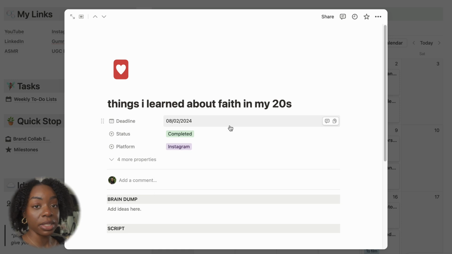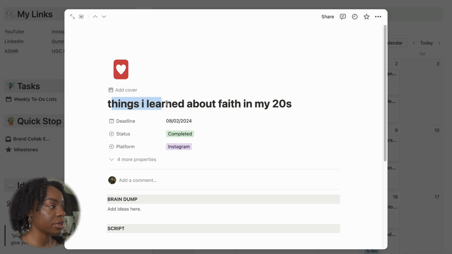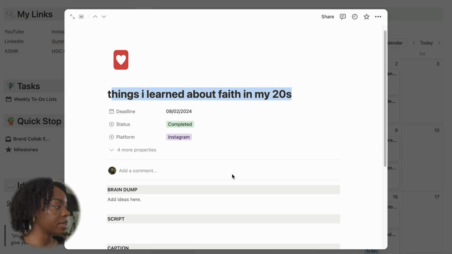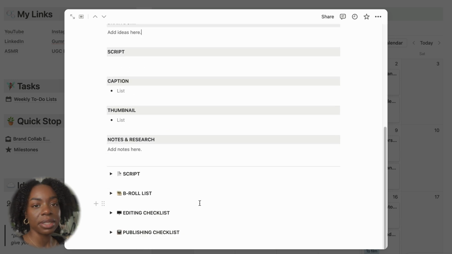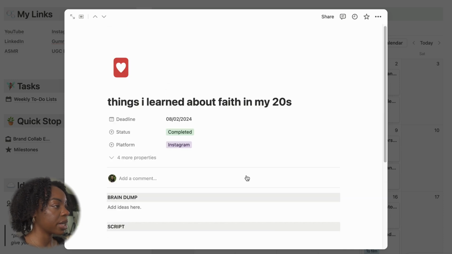And this is already done. It's already scheduled and ready to go in Instagram. I always put the title here of what the reel or video is about. And then this is empty because it's a carousel. So I already have the pictures and I already knew what I wanted them to say, planned that all out. But if you have a more intricate video, you have all of this space to plan it out.